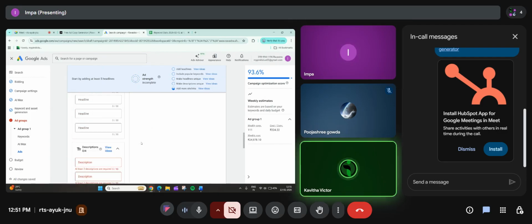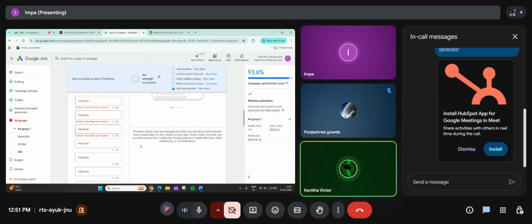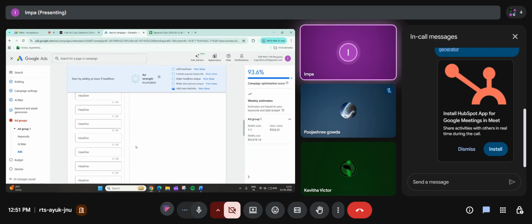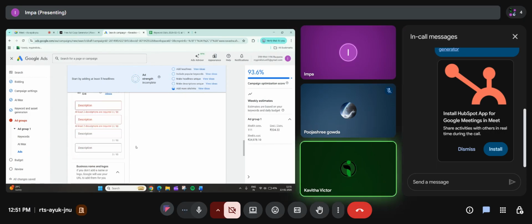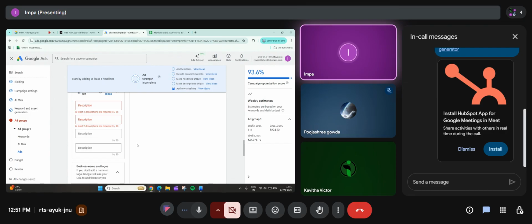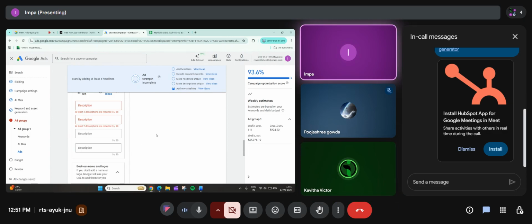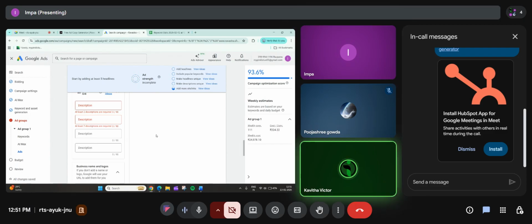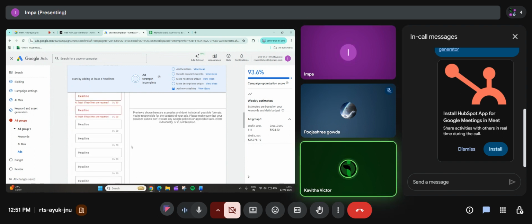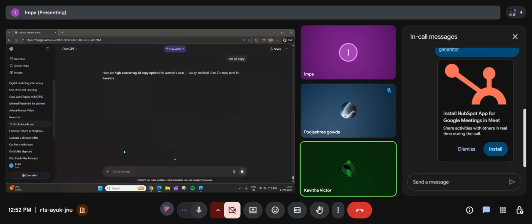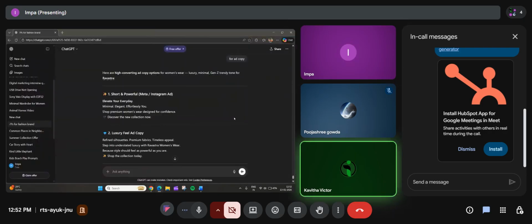Finish this. I will let you know what site links are tomorrow. We will learn step by step. Ma'am, you need to give this many headings. Yes, it is required. Like for the same topic, this many headings. Same for these three keywords. Like you have selected sari, lehengas, and one more thing, kurtas. For that, you need to write all the keywords. You will be able to see the preview at the right side. It will not be a very big impact because the character limitation is very less, 30. It will be a short headline.